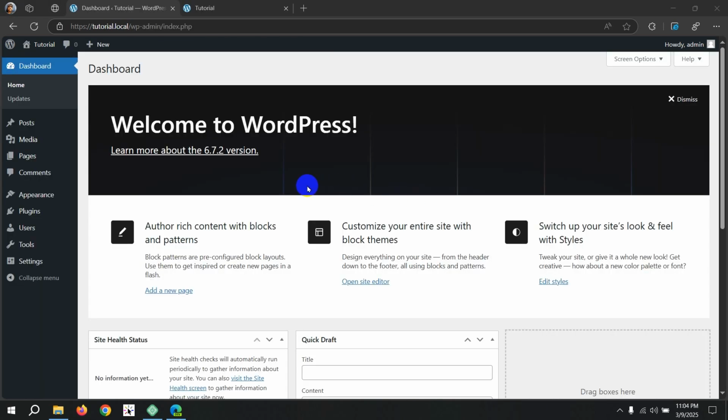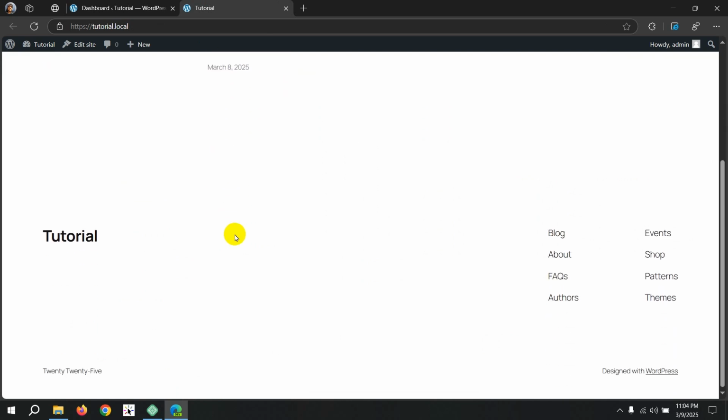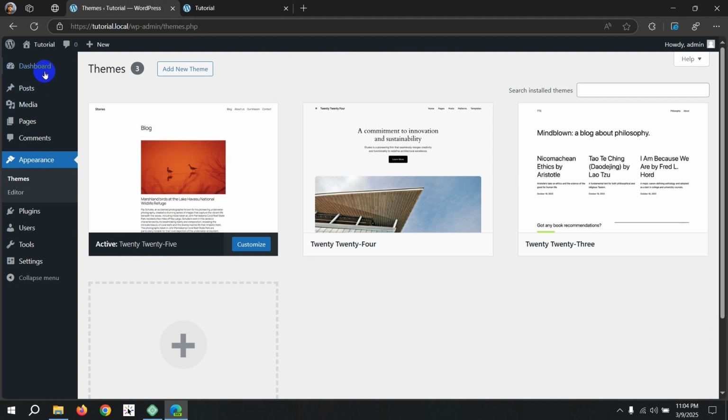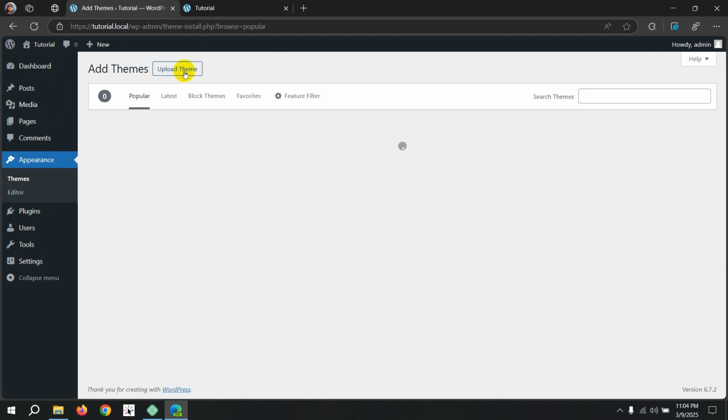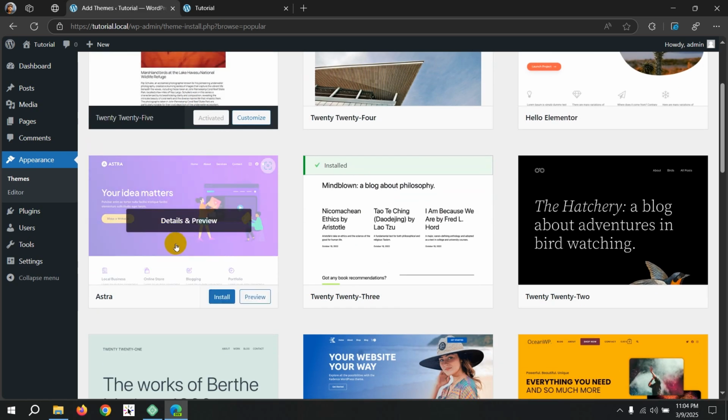So this is our WordPress dashboard. As you can see, the website is currently blank. The default theme is active. So for creating the website, first of all we have to install a theme. So just click on add new and just